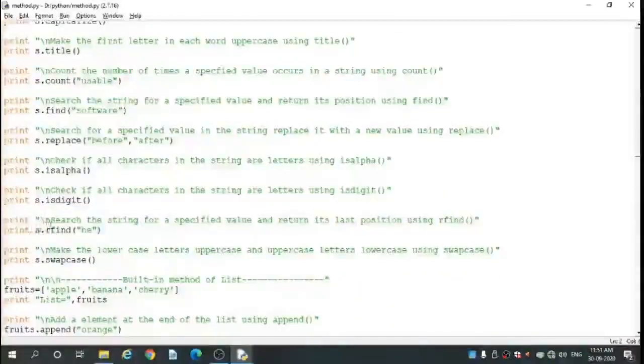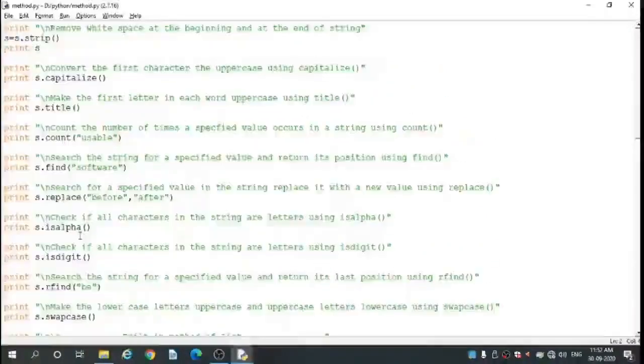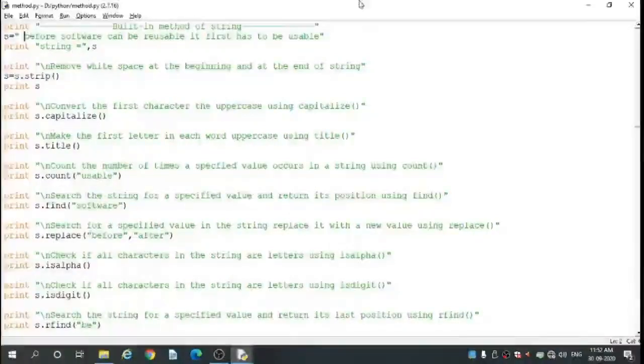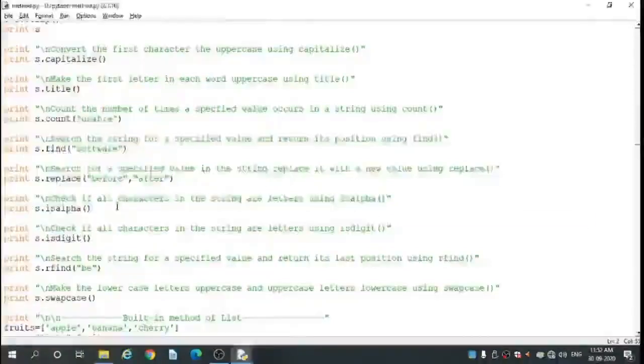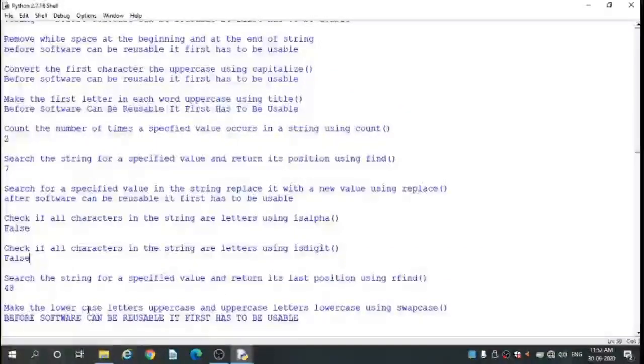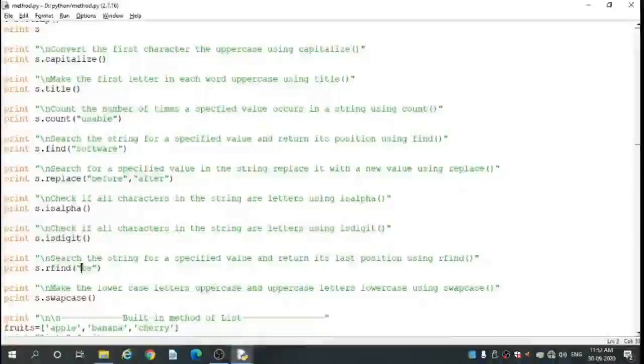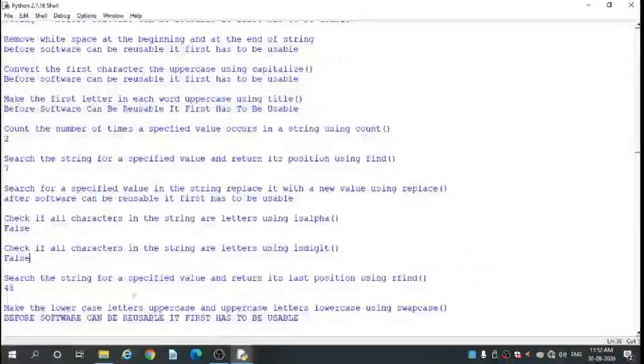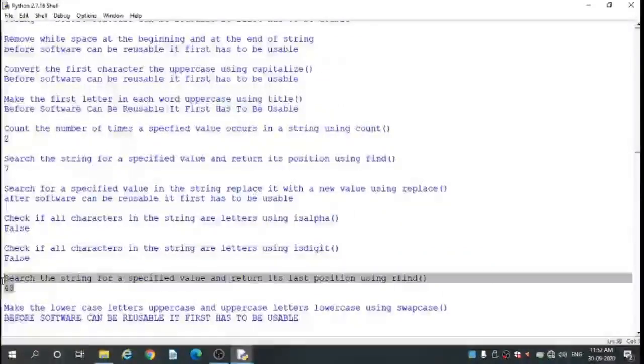Next, print in double quote \n, search the string for a specified value and return its last position using rfind. So here print s dot rfind in brackets, b. rfind takes the last position, meaning the reverse search. The position of b is 48.